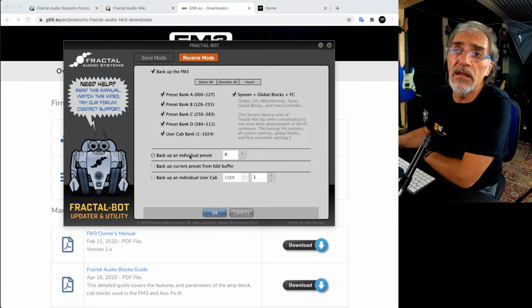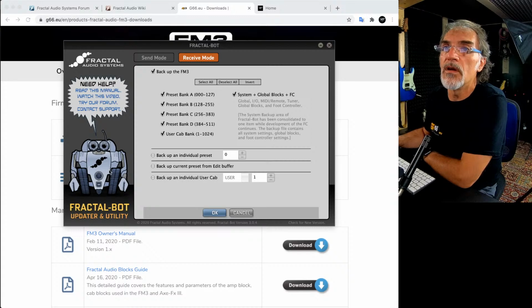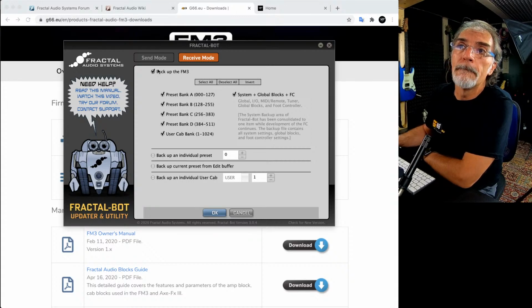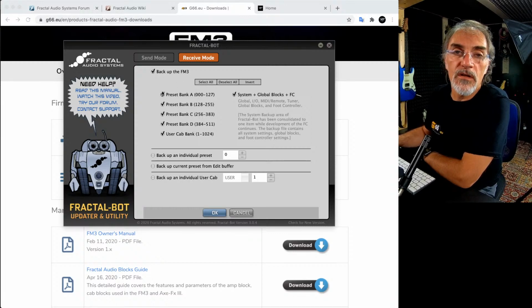Or you can select individually per preset. You can back up the current preset from the edit buffer, or back up with the user cabinet, you can select. But usually you can select all and back up your unit completely.